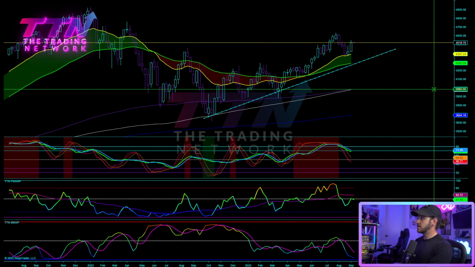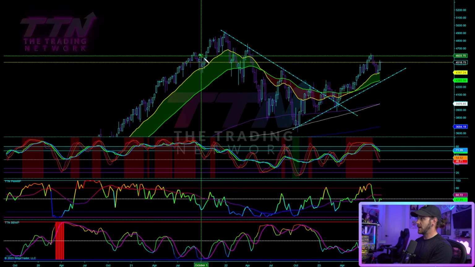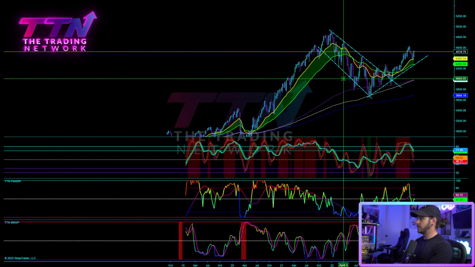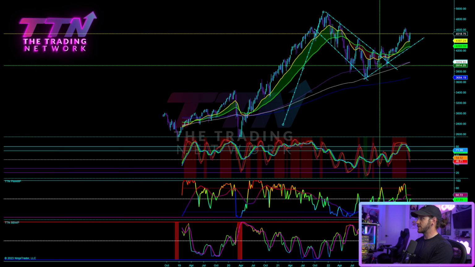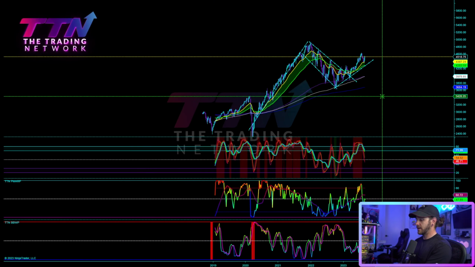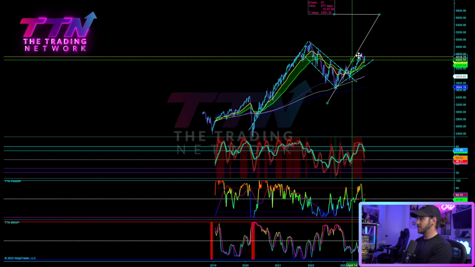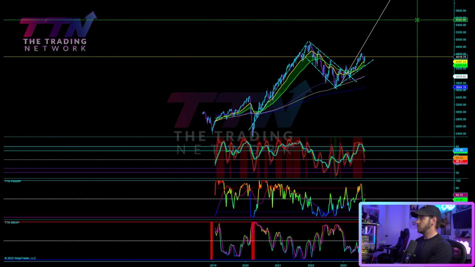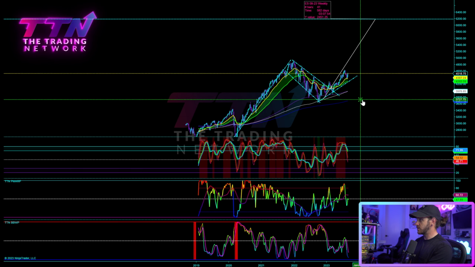We are holding this upside weekly trend line. Once again, this has been broken to the upside, and we have this beautiful little high time frame, long-term weekly bull flag that could be an incredible measured move that I have talked about numerous times on my page. I have actually explained many times how to calculate a bull flag: you basically just take the measured move, you measure the top of the flag to the bottom of the flagpole, and then you place this measured move at the bottom of the flag, which gives us this giant measured move to 6,200 on ES.